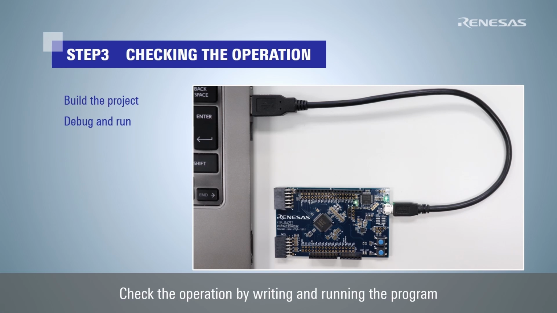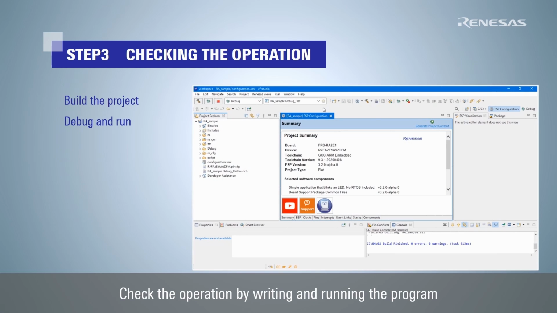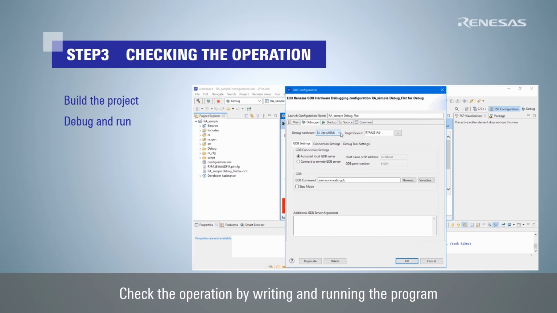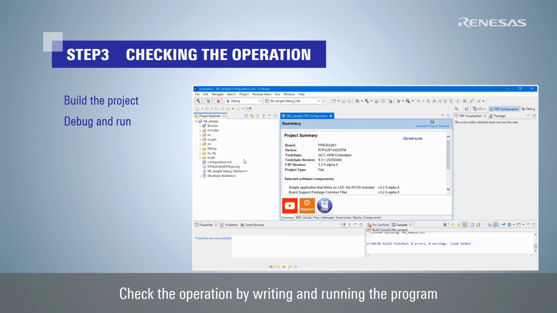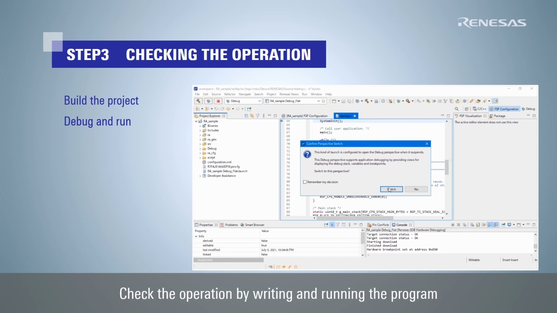Connect the PC and Fast Prototyping Board via a USB cable. Press the Gear button on the eSquare Studio to open the debug configuration. Confirm that E2 Lite ARM is set in debug hardware and select No for power target from emulator in connection settings. Click the Bug button on the upper left to start debugging and download the program from the PC to